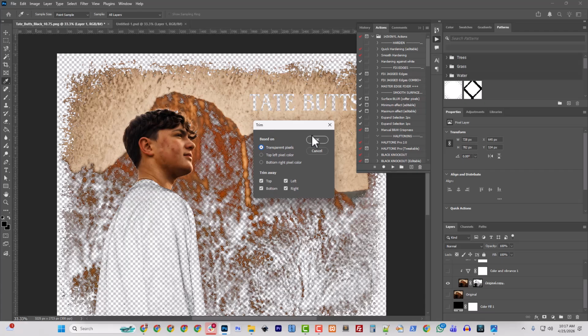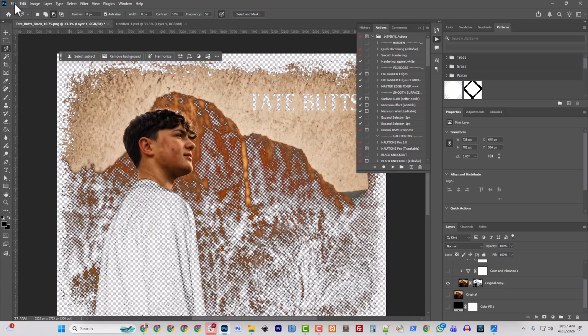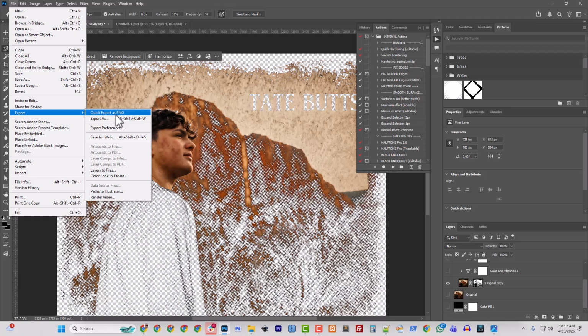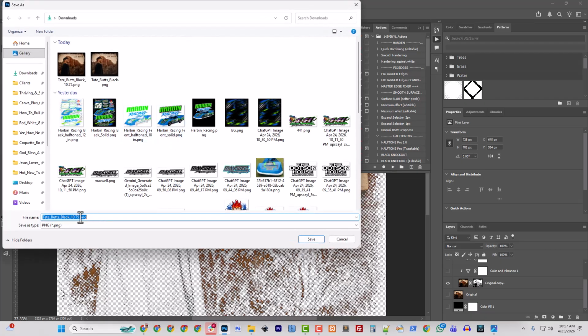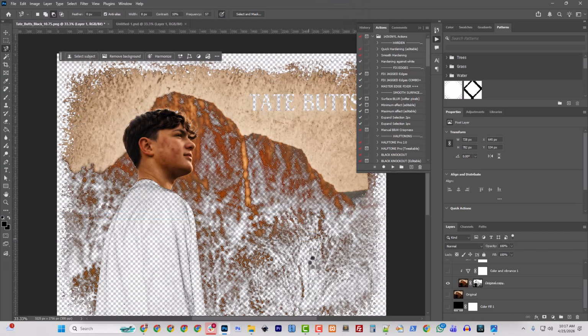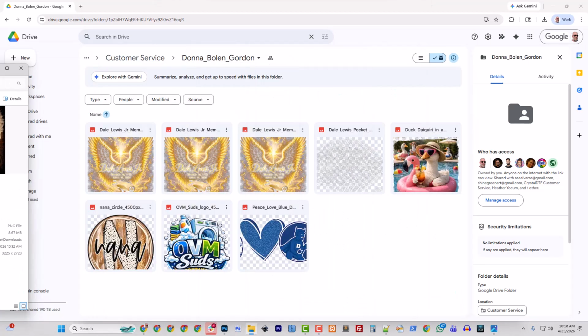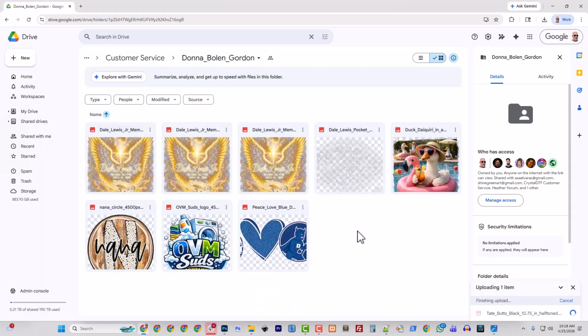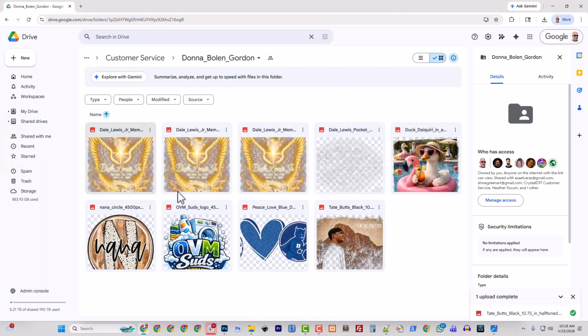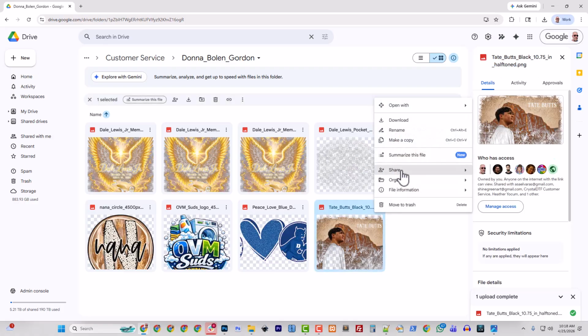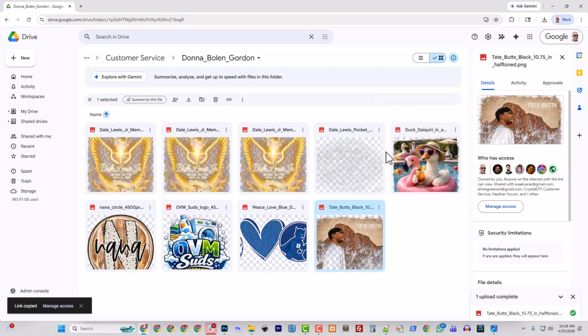So I am going to do image trim transparent pixels just in case. I didn't think that it would move much, and it didn't. But I want to export this as a PNG, and I'm going to say 10.75 inch half-toned. Okay? And now in order to preserve the quality when I send it back to her, I have to send it through the Google Drive. So I'm just going to take that image, and I'm going to drop it up here in the Google Drive, and instead of sending the image back through Facebook or any other way, I'm just going to copy that link,